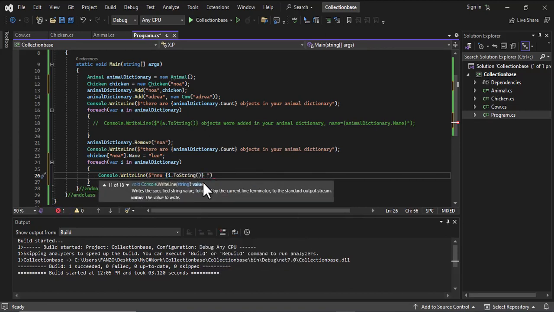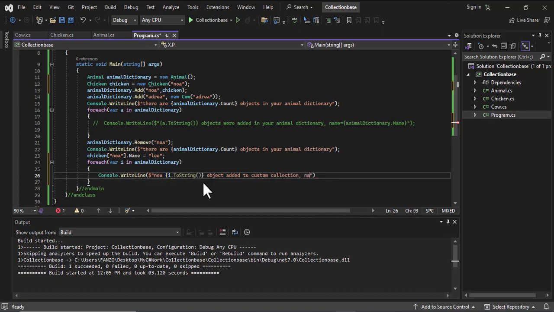This is what I'm going to say. Object added to our, let's say it's a custom collection, very important. And then I'm going to say name is equals to, and then I'm just going to say I dot,